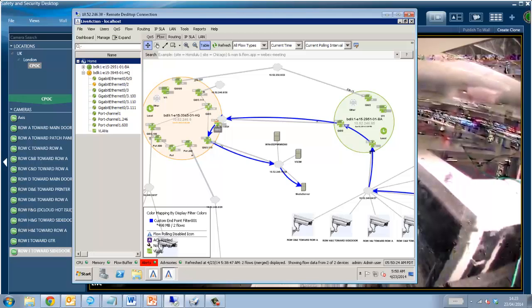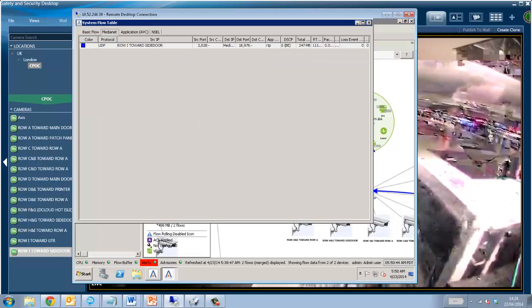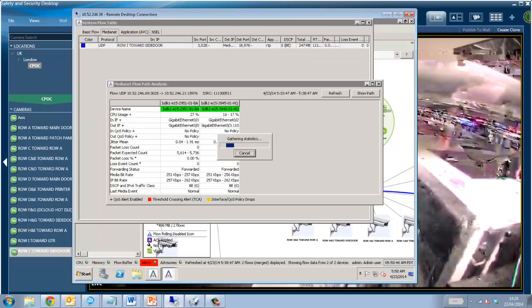You can now see on one of the routers it's turned orange. What this shows is that there's congestion within that device, within our network. So now we can see, okay, within that device there's a problem. We can go straight to that router and say, okay, what's the problem? Let's troubleshoot from here. If I show the MediaNet view, I go to table, here, show MediaNet flow path,